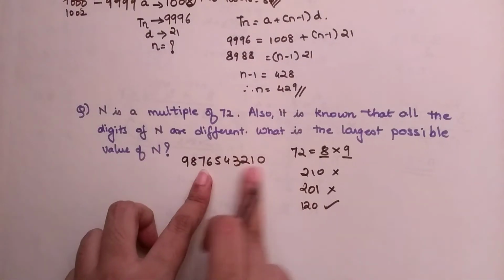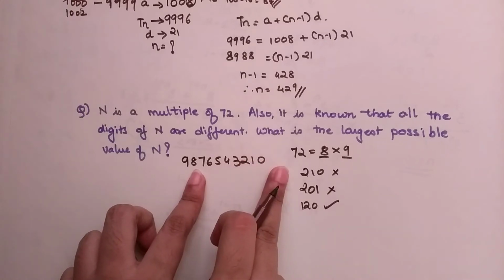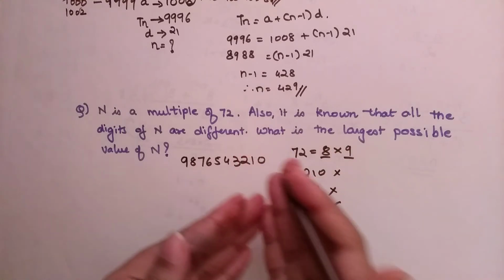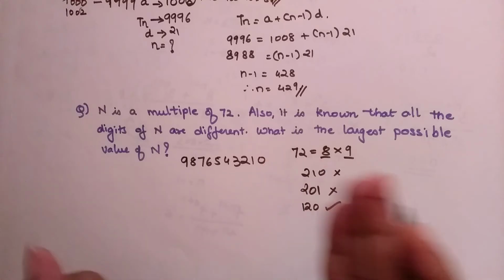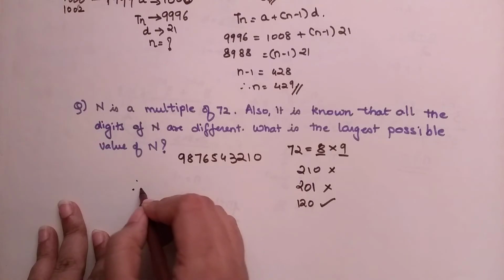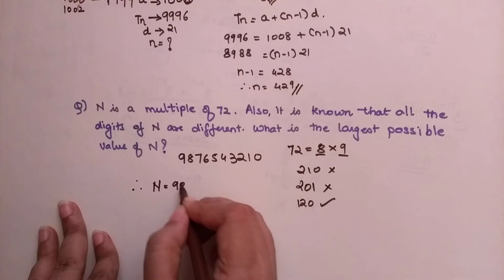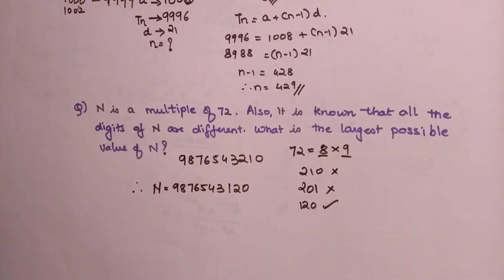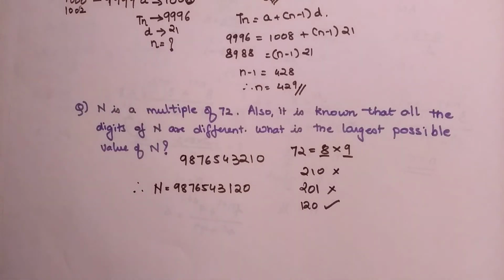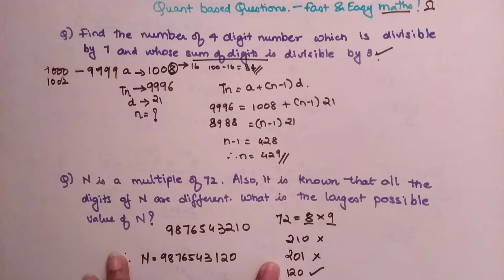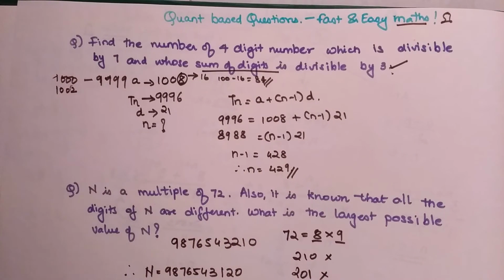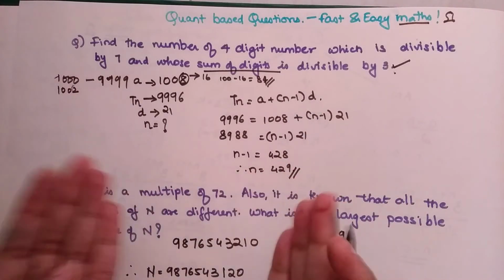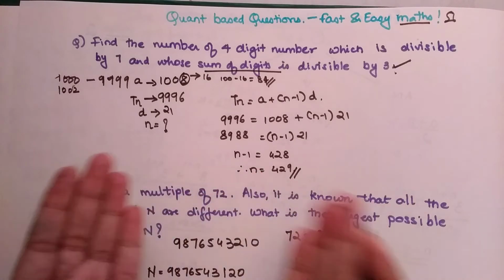And rearranging the last 3 digits will definitely not impact the divisibility test of 9, because that was what the addition of all the numbers should be divisible by 9. So we can say therefore n is equal to 9876543120. Okay, so you realize how easy this was. This looks a bit difficult. Trust me, these kinds of questions sometimes get a bit tricky to solve. But if you know these concepts, then trust me, you will find these are those kinds of puzzles which you would really enjoy solving.